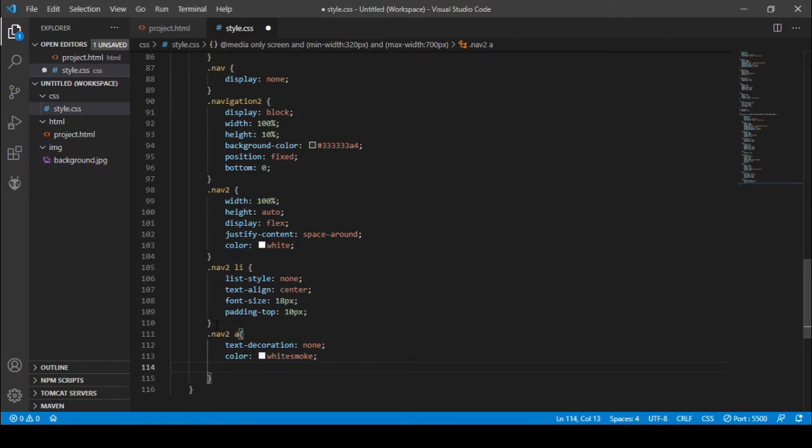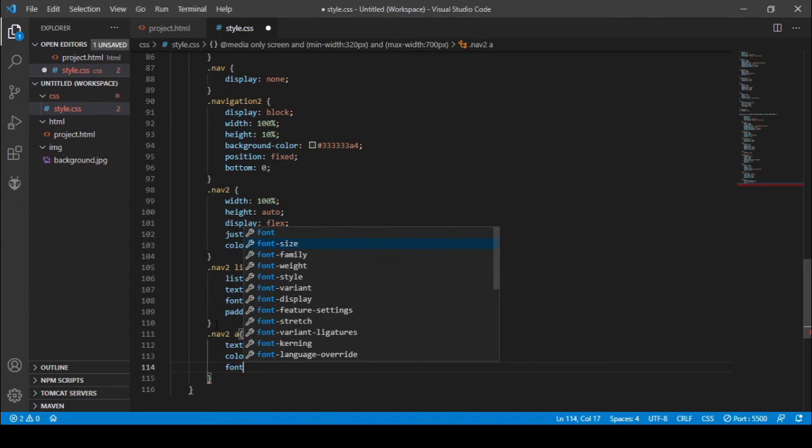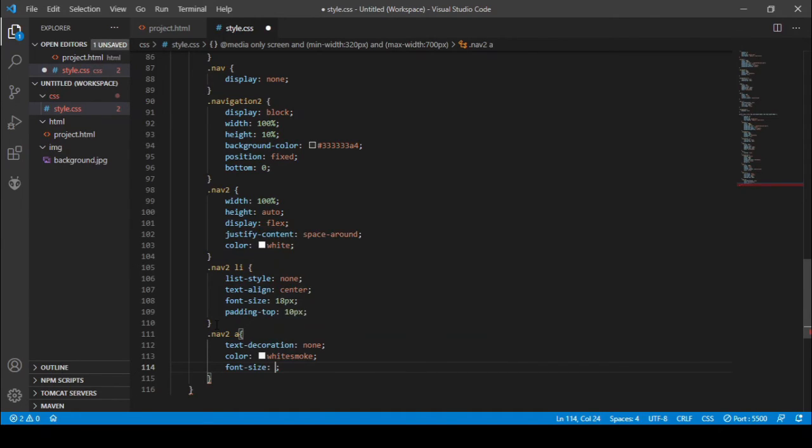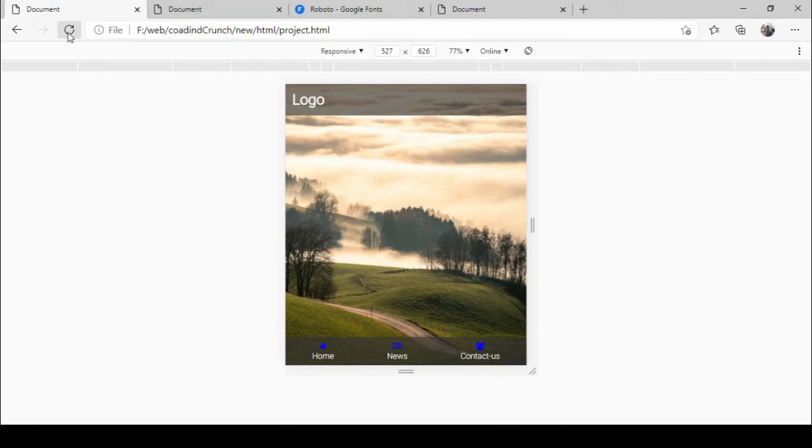And let's give the font size as 20 pixel. Let's save it. Let's open it in a live server. So here you can see the navigation bar, which is present in the bottom of the screen in this width of the web page.